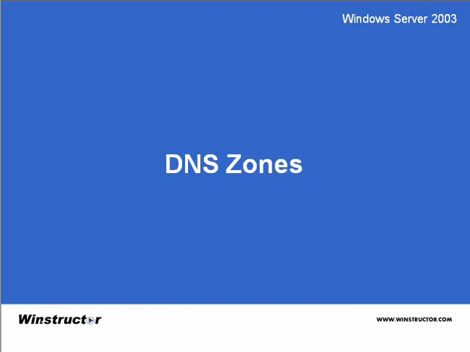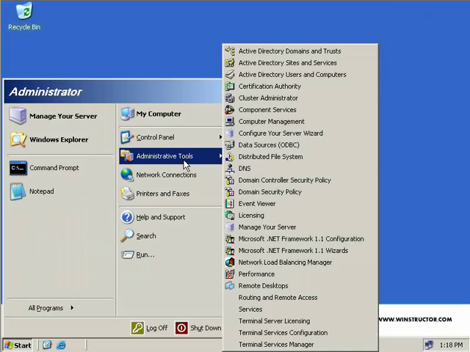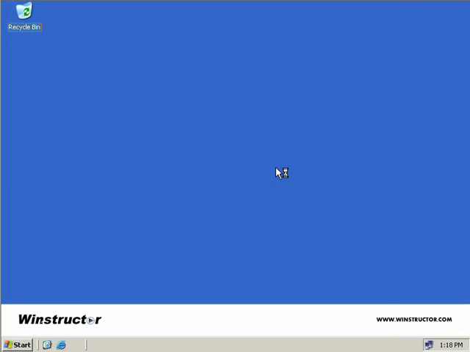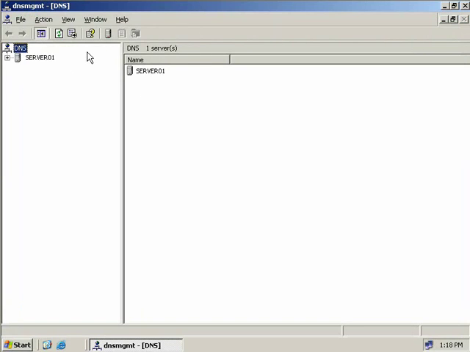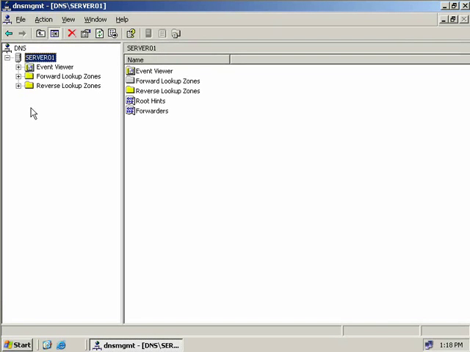DNS zones. A DNS zone is simply a file on your DNS server that manages a portion of a domain namespace. So to create a new zone, we'll click on Start, Administrative Tools, and then we'll select the DNS MMC. Now before we actually go ahead and create a new zone, I want to talk about these forward lookup zones